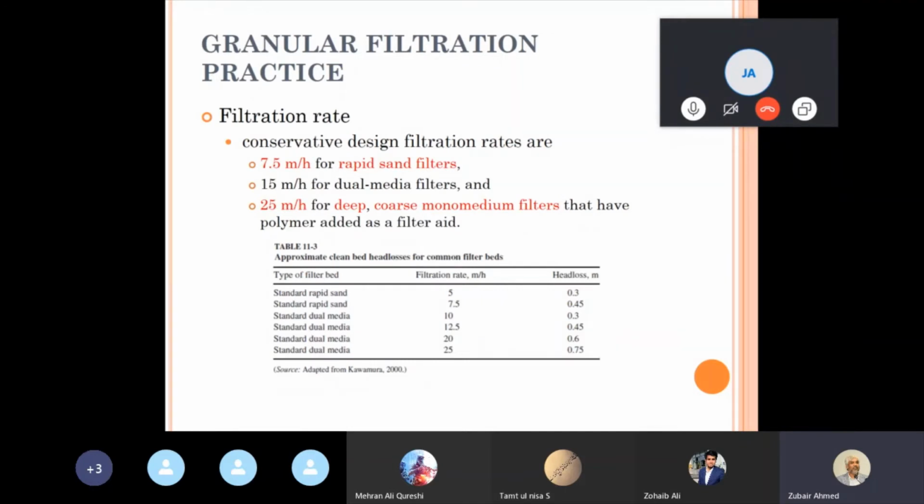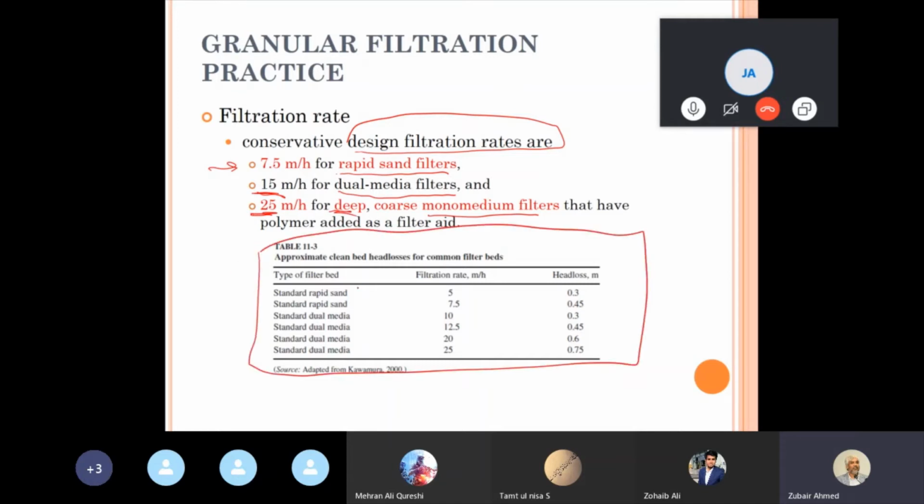There are some design filtration rates also. For rapid sand filter, we usually use 7.5 meter cube per meter square hour, or meter per hour. This is the filtration rate. For dual media, the filtration rate we can go for 15, or for deep bed mono media filters, we can go up to 25. So here in this table 11-3, you can see the rapid standard sand filter for head loss